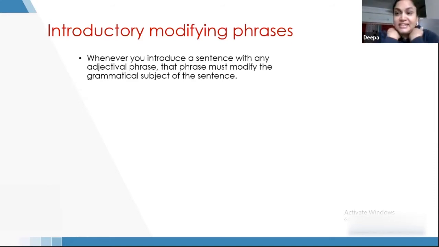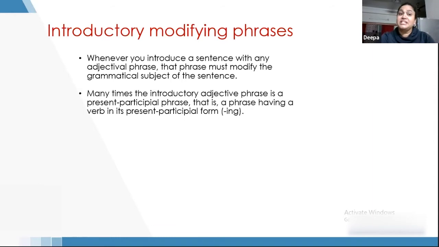So it's very clear. What we have to understand is that when we are using modifiers, we need to be clear about it. Whenever we are using modifiers, which are basically adjectives and adverbs, they should be placed next to the subject or the object or the verb they are modifying. That will really help us not confuse where it is and what or whom it is modifying, but rather make it very clear.